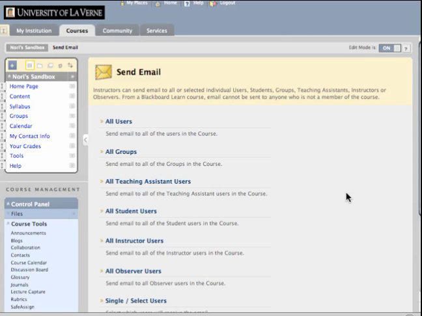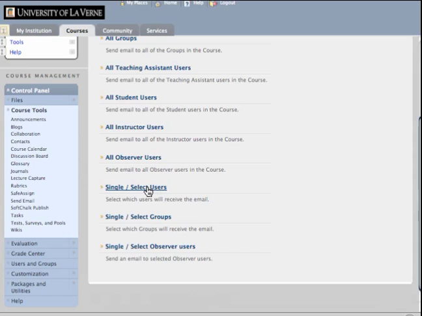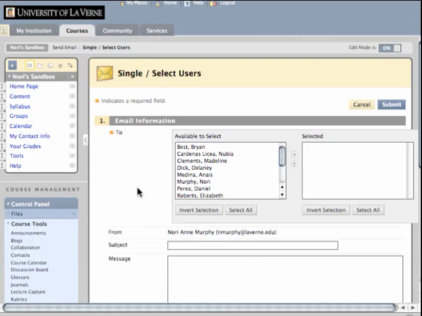Now you do have some other options for narrowing down, and I'm going to use this one, the single user or select multiple users one at a time, to show you a sample. In my window right now, all the students who are available or all the course members who are available are listed in this pull-down menu. For me to select, I can do one at a time, choose this small button here that moves the students individually over, and every student that now is showing up in this selected window will actually receive the email that